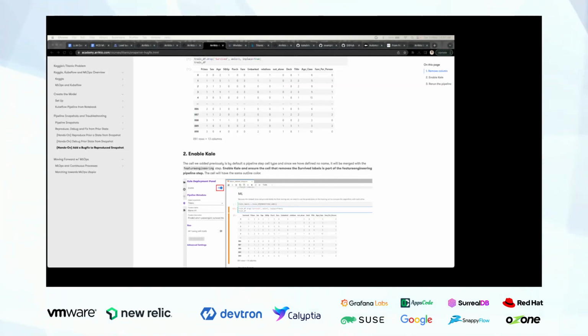Take the example of SageMaker for AWS. We do get an option to create a pipeline within SageMaker. Yes, you can create pipelines in SageMaker, you can create pipelines in Vertex AI, and you can create pipelines in the enterprise distributions of Kubeflow, such as Seldon, Arrikto, and I think Tekton.